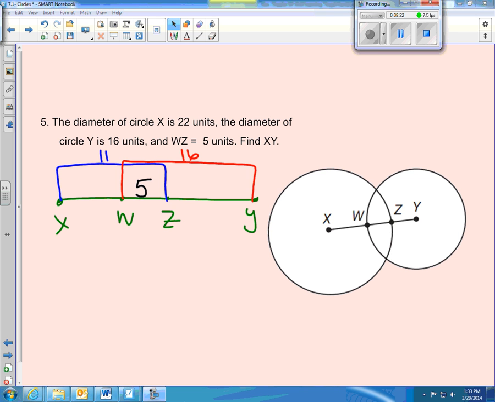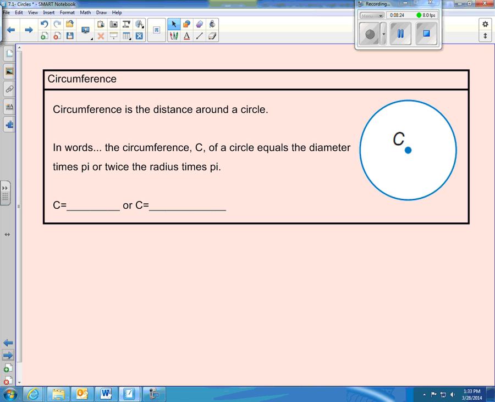All right, so then that brings us to circumference. And actually, I think this is a good place that we're going to stop our video. And we'll talk all about circumference in class. It should be something you've kind of seen before. And I'll tell you this, it uses that